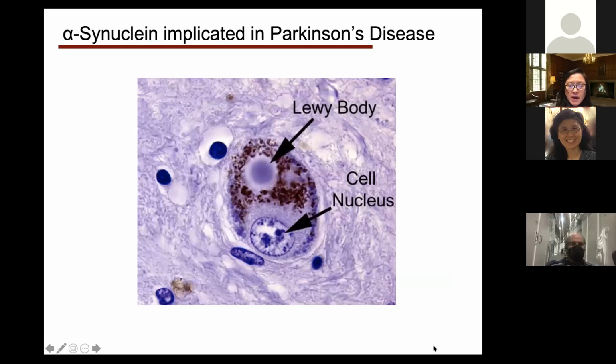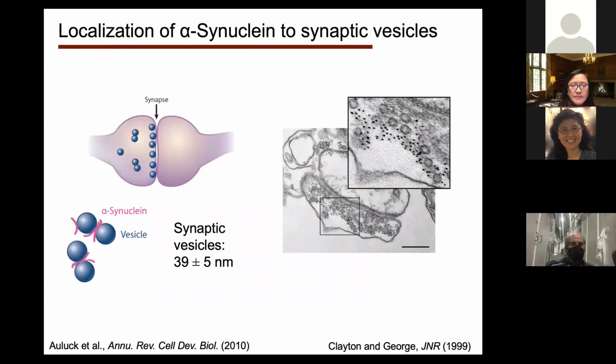So this is a stained micrograph of a cell, where you have the nucleus here. And you see what is called the Lewy body, which is one of the hallmarks of Parkinson's disease, due to some aggregated state or conglomerate in the system. So if I were to look at the location of where alpha-Synuclein resides, and how it interacts with the materials co-localizing at that location,